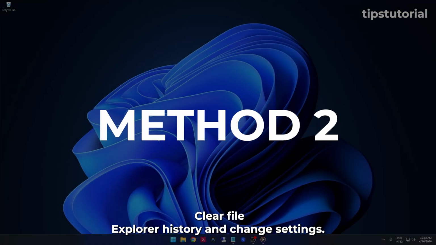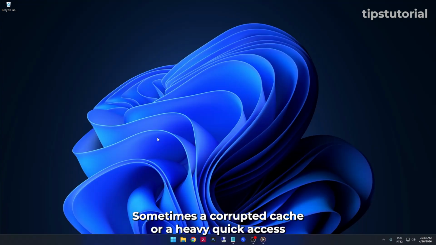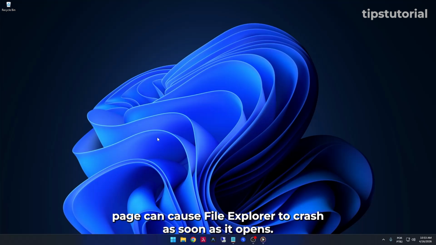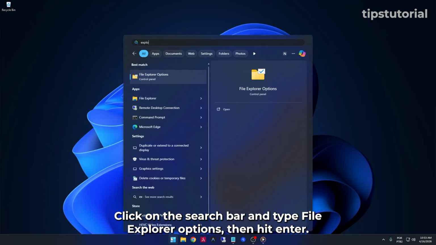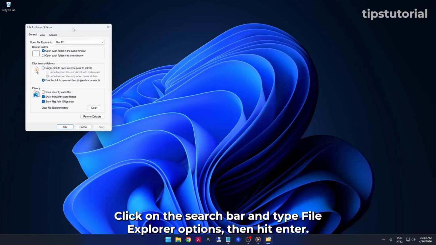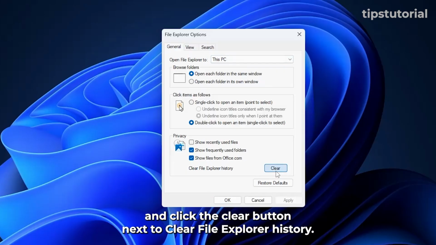Method 2. Clear File Explorer history and change settings. Sometimes a corrupted cache or a heavy Quick Access page can cause File Explorer to crash as soon as it opens. Click on the search bar and type File Explorer Options, then hit Enter. In the General tab, look for the Privacy section at the bottom and click the Clear button next to Clear